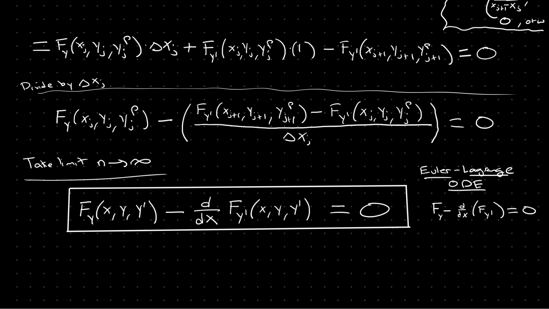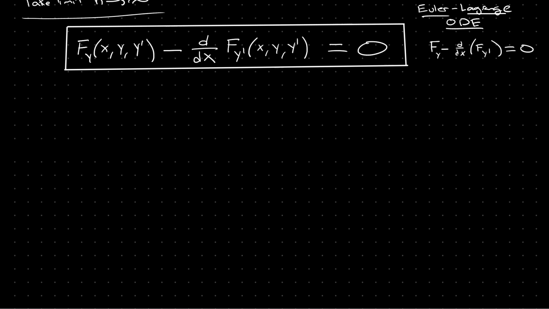You'll remember from before that in method 1 we actually assumed that the function f did not depend explicitly on x. So let's make this assumption and see if we can't reduce what we found here, this second order ordinary differential equation, down to that case that we showed in method 1. So I'll use the color orange to talk about this case. Before I do that, though, I'll just say